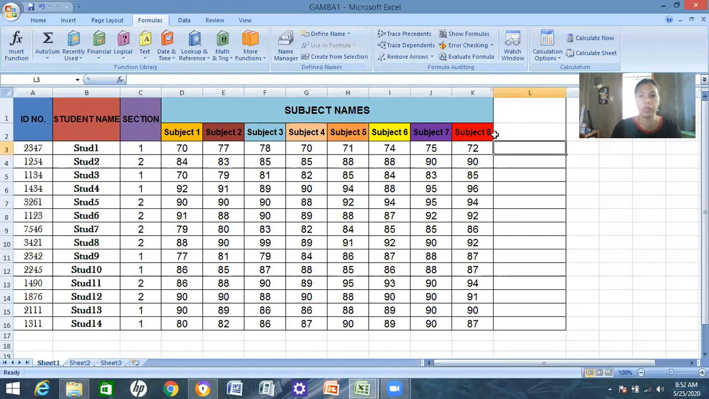Okay, we are using Zoom for our demonstration. So for this activity number 1, the situation is this. Teacher wants to make